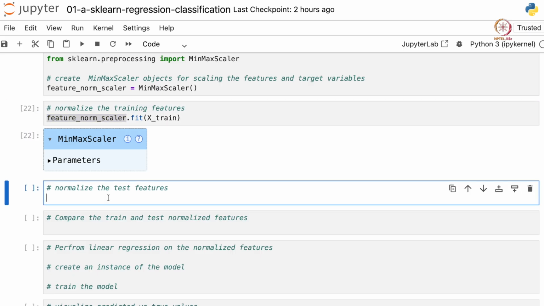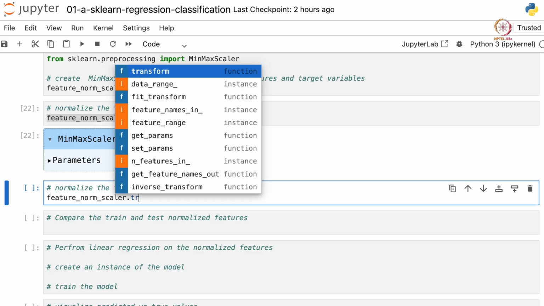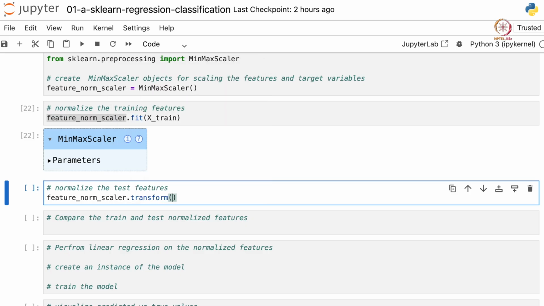Now we need to transform X train such that all the features are normalized. For that, we again call this instance after it has been fit, and then use the .transform method, and then again pass our features that we want to transform based on the learned statistics. And let us return this to a variable named X train normalized, say, and then let's print X train normalized.